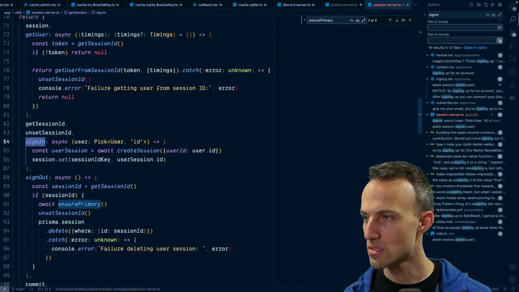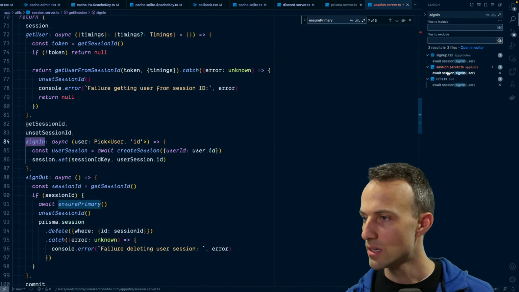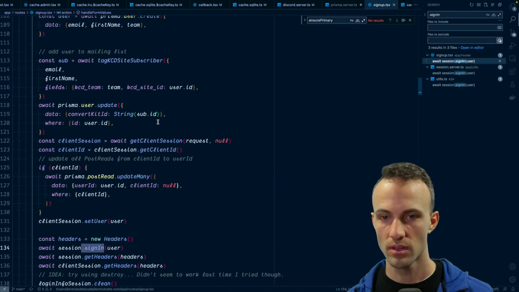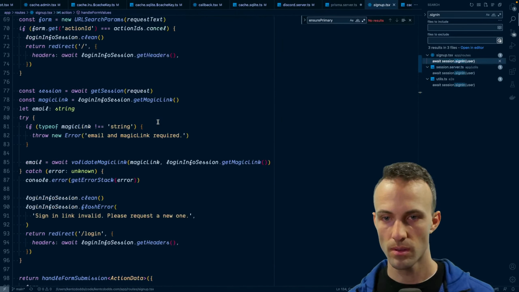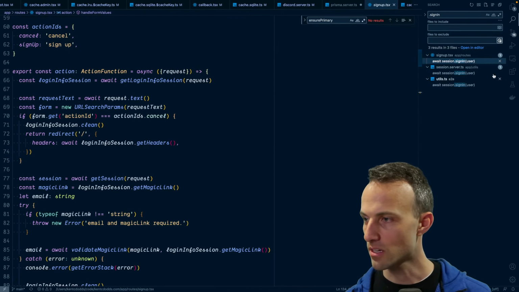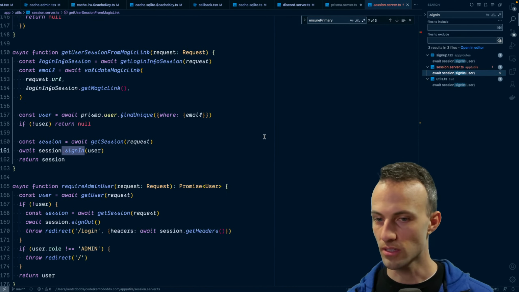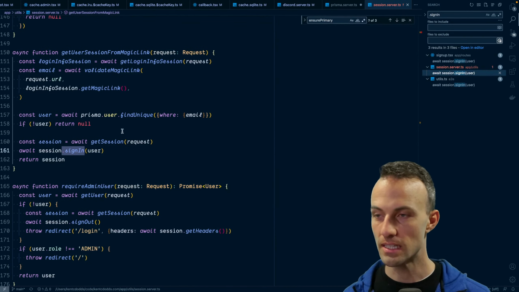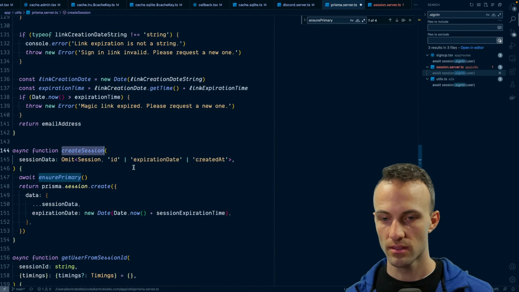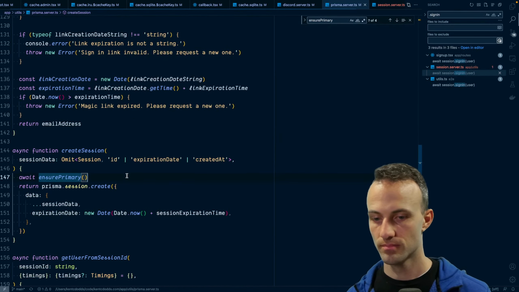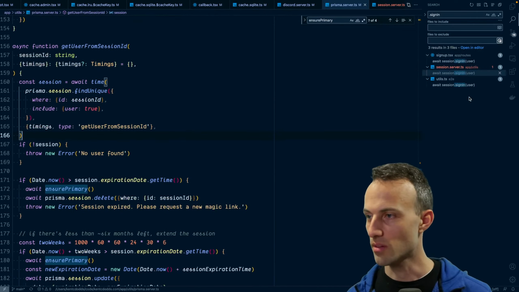Sign in happens inside of sign up, which is in a loader, I believe. No, that's an action. That's user session for Magic Link. Yeah, so sign in definitely needs it. Okay, cool. Anyway,